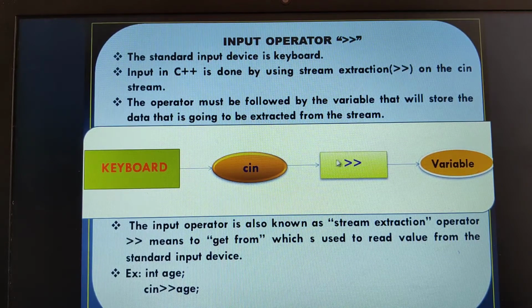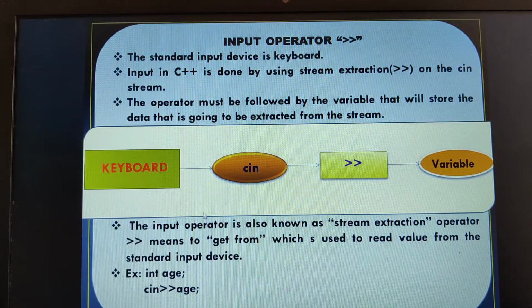Remember, they will ask the question: give the other name for cin. Then you should write stream extraction. The other name for cin is stream extraction.